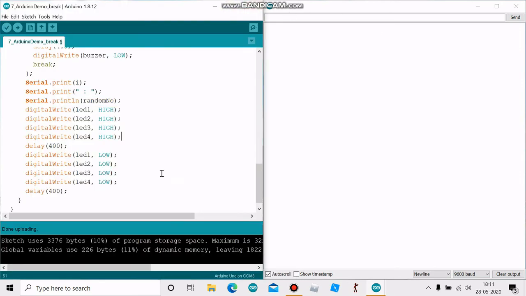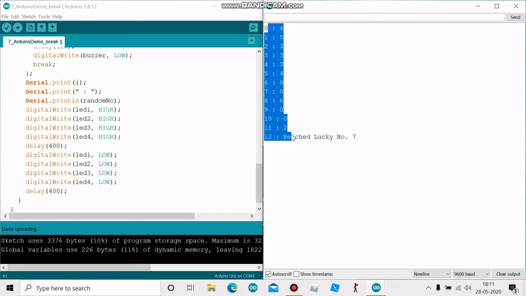I've already programmed this sketch to my Arduino board, and I'm going to press a button on the board. Please see the serial monitor output over here. The button is pressed. Wow, on the 12th time my lucky number 7 is reached. So the random number selected was 7, and as you can see, there is no further execution. The for loop was supposed to continue 20 times, but it stopped after iterating through the loop 12 times, or 13 times, right?